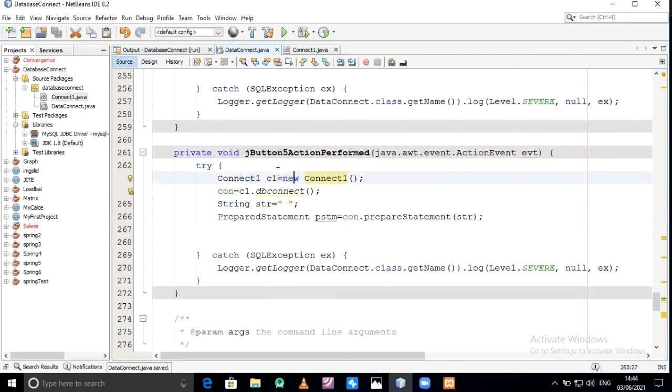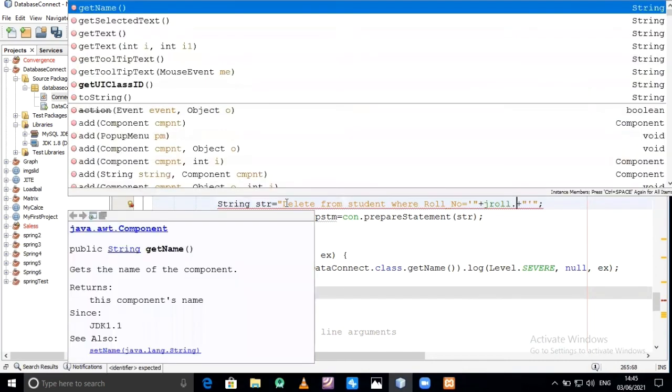The connection: creating the object for this class, connect class, and getting the connection object. Now give the query for delete the information. Delete from student where roll number equal to jroll.getText.